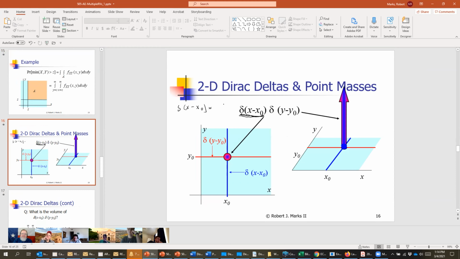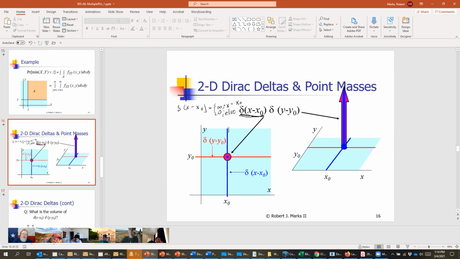We can think of this, one way to do this, is to think of it as equal to infinity for x equal to x naught, and think of it as 0 everywhere else. This is a loose definition, but it gets us to where we want to go. Well, what is delta of x minus x naught equal to infinity? Where does that correspond to?